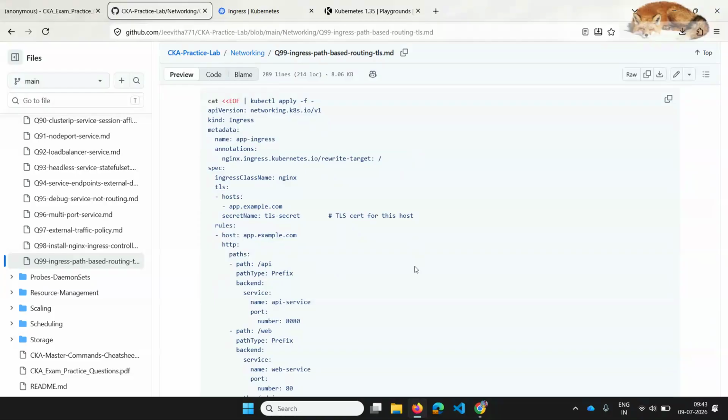In that case, when your user is using /api/user, but your pod doesn't know what /api is, it only hosts /user, then this has to be stripped, right? We are segregating these different paths, but in actual the containers are /user or something different. It doesn't know the prefix /api or /web, right? So in such a case this has to be rewritten to just /.